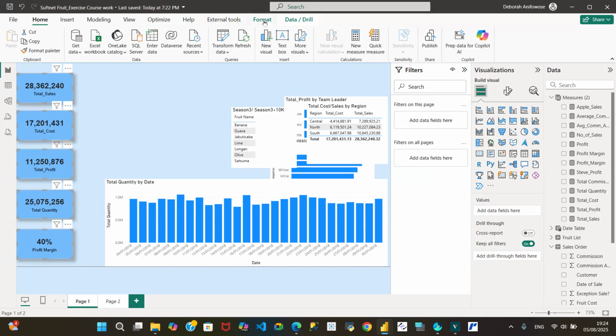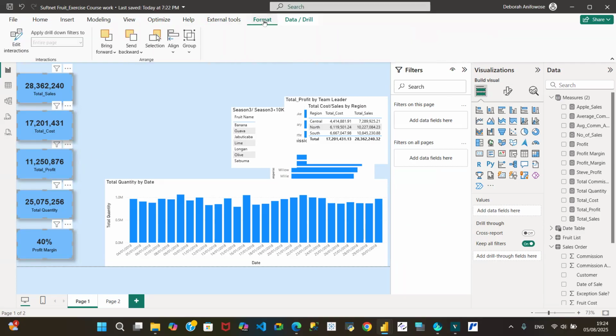And if we come to format, and we come to align, we can say that we need them to be distributed vertically. If they were running across like this, I would have distributed horizontally, but they are running down. So I'm distributing them